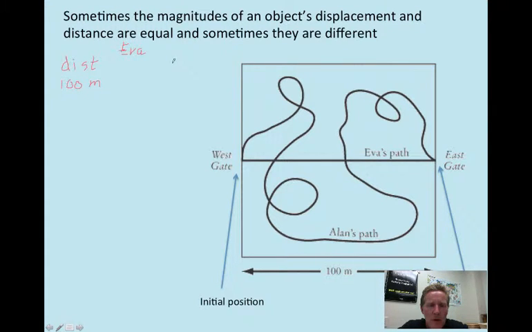And then her displacement, and we'll just use change in x because that's what we use to signify displacement. And so again, the definition of displacement is the straight line from the initial position to the final position, and in this case they are the same. Now Alan